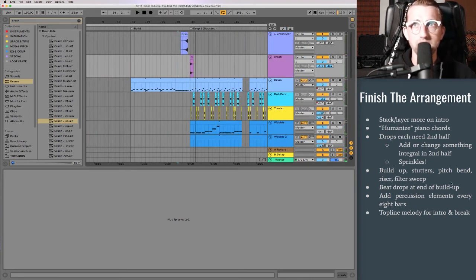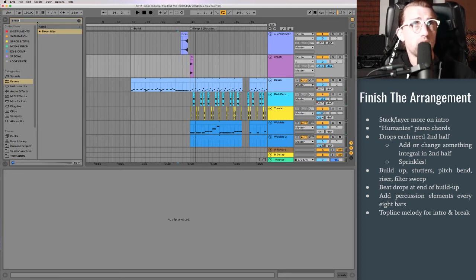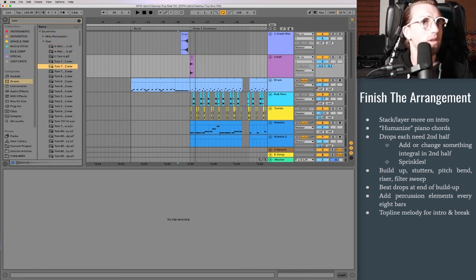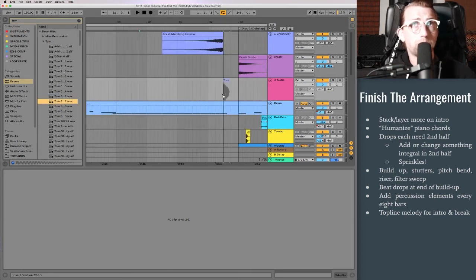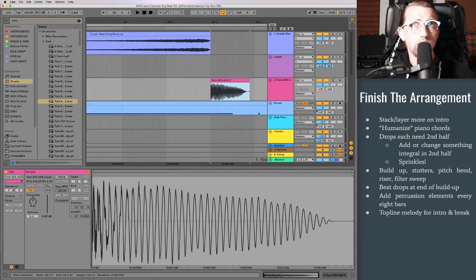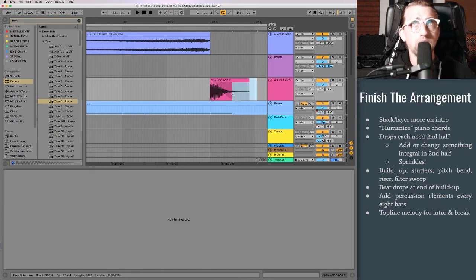That's kind of the effect that I'm looking for. And I also said tom hits, so let's find some toms. Those three will work. I feel like we grabbed these from another project and I didn't really like them, but let's see if I can finesse them and get them to sound good. It's real tricky